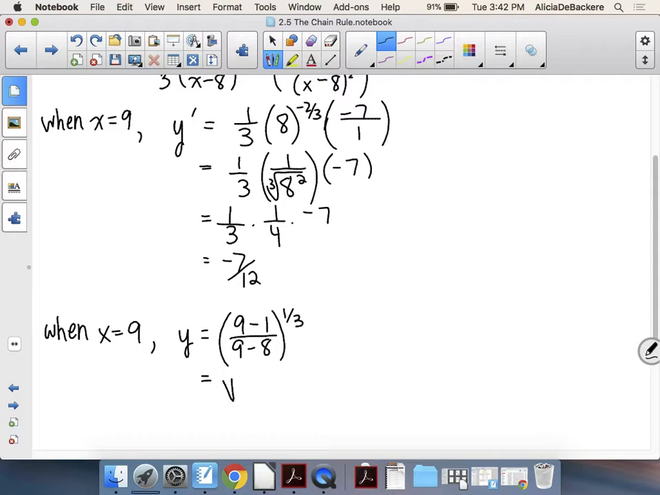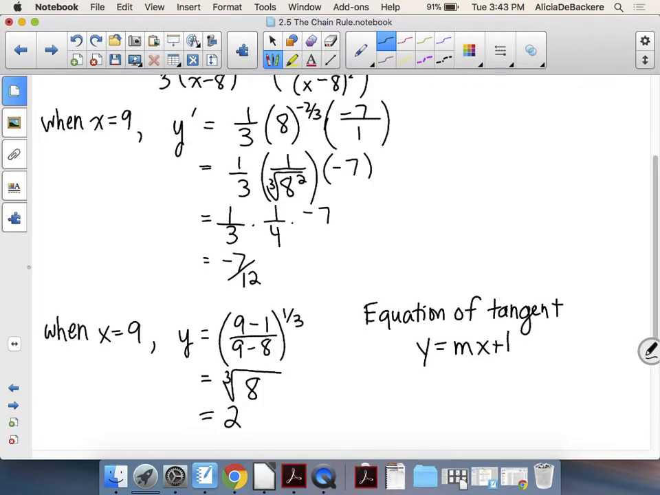And so here I get the cube root. That's the 1/3 exponent turns into a cube root. And inside there I've just got 8 over 1, or 8, and I know that the cube root of 8 is just 2. So I've got a point at 9, 2, and now I'm going to find the equation of the tangent. So I start with my y equals mx plus b, and I'm subbing in my y value 2, the slope that we found, the x value,